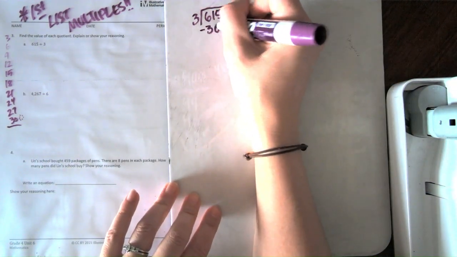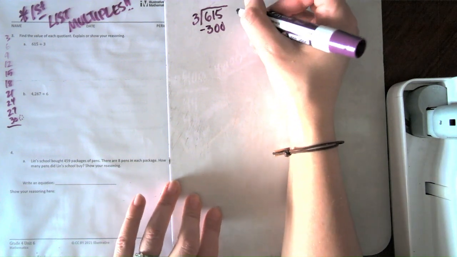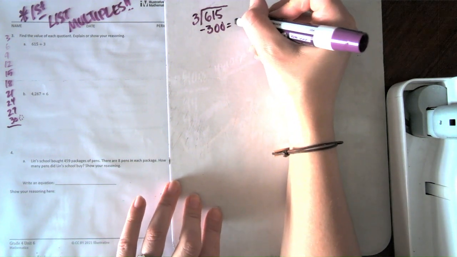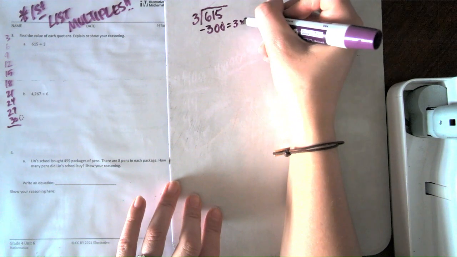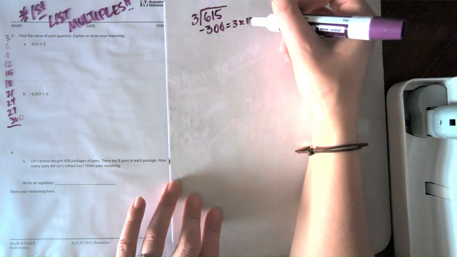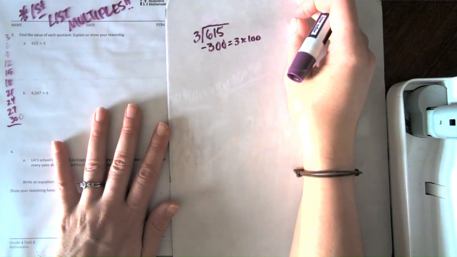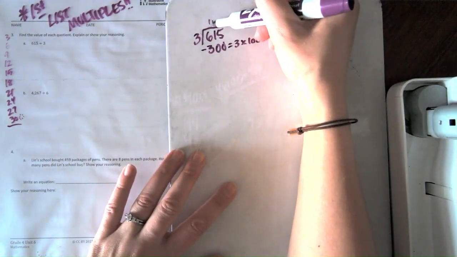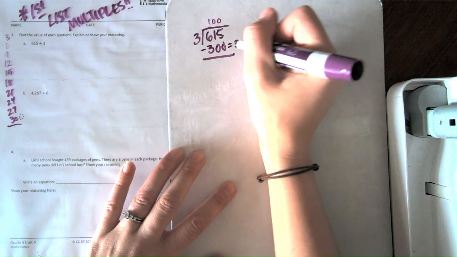So as I said, this strategy is repeated subtraction. I'm going to take this out, and I'm going to say, okay, 3 times what gets me 300? And I know that's 100. So this is when I'm going to put my 100 up here on the top, and then I'm going to subtract